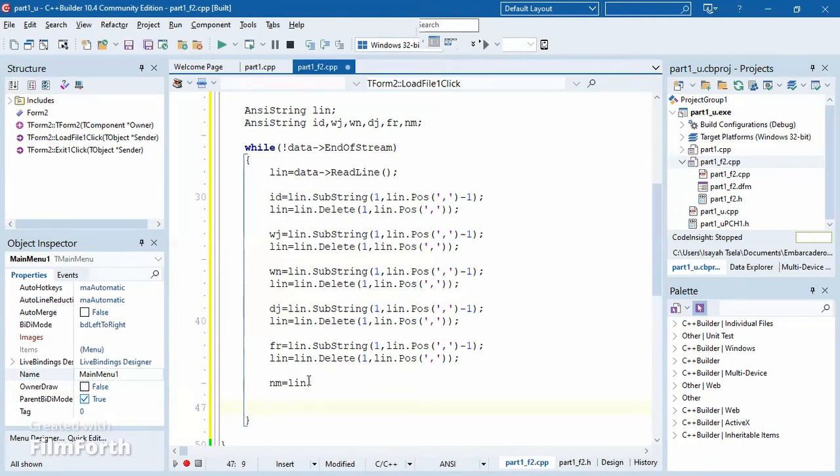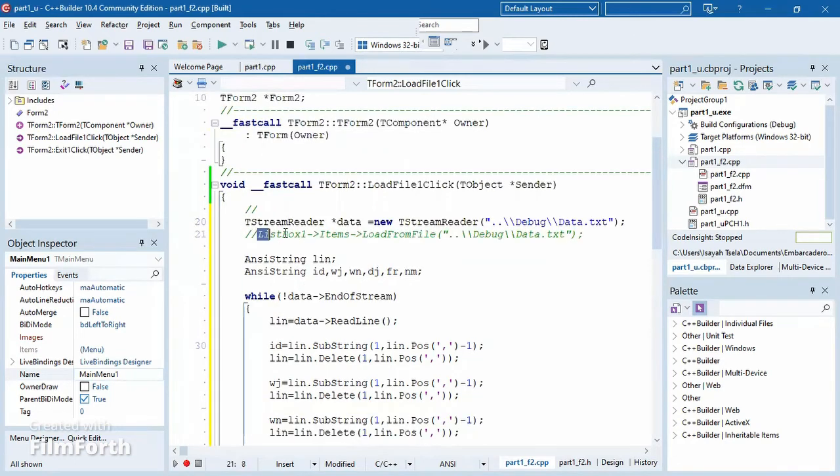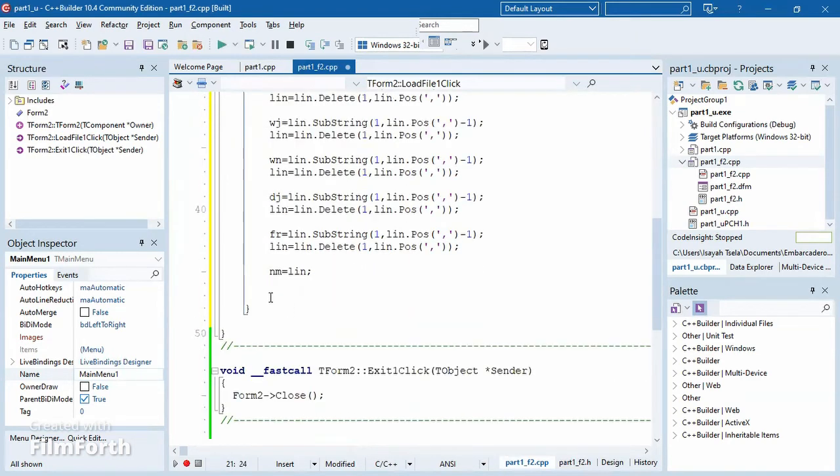So when we add them to the list box, we have to separate them using tabs, right? So what we're gonna do now, this now gets to the end. Now we don't need, just copy this, paste, then we say add. What are we adding? We're adding all of those things. We're adding ID plus a tab. So a tab should be like this, plus